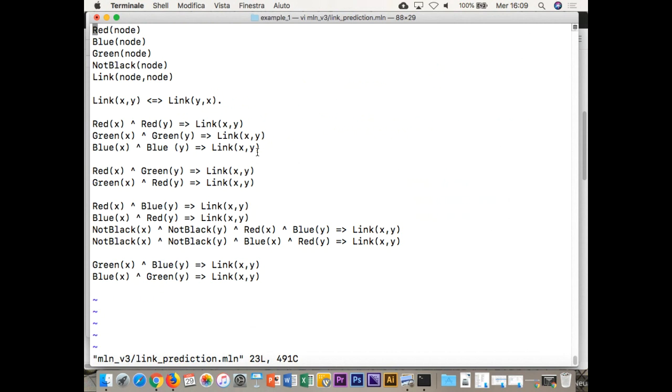Now, if in addition to, for example, these rules here, you also add a rule where you also say that red X and not black X, which of course is true for all the examples for which just red is true, because every red is also not black, okay? So all the groundings that satisfy these also satisfy these,